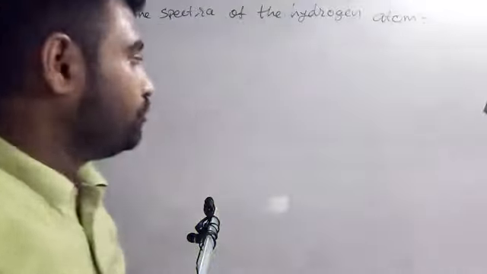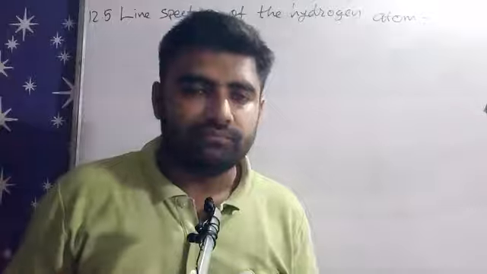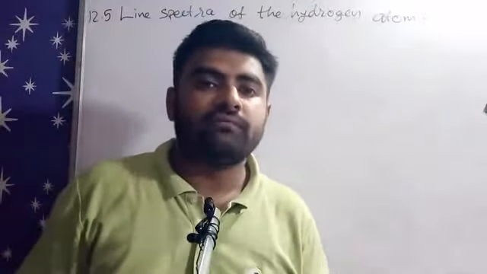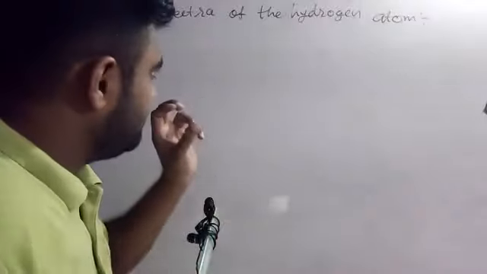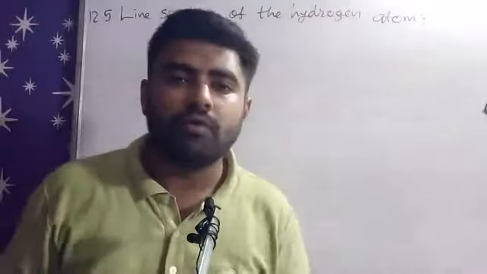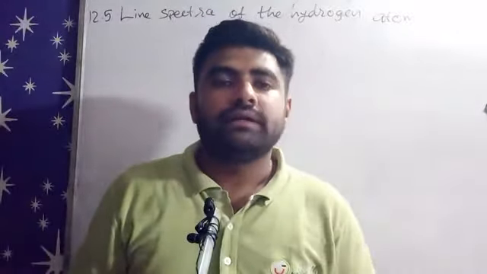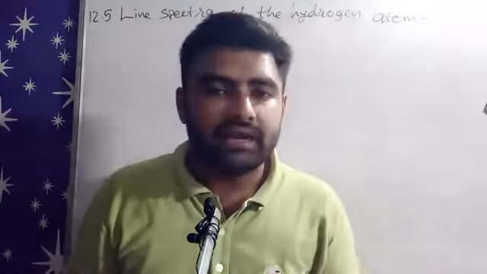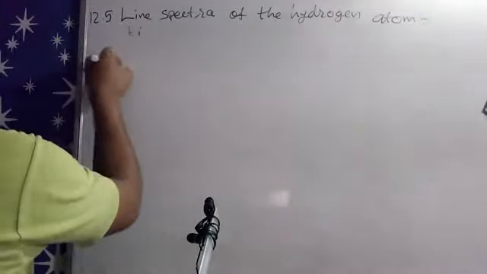Hello friends, today's topic is line spectra of the hydrogen atom. So, line spectra of the hydrogen atom. This particular topic starts from electron transition. If an electron transitions from a higher energy to a lower energy, for example, from this higher energy Ei to lower energy Ef,